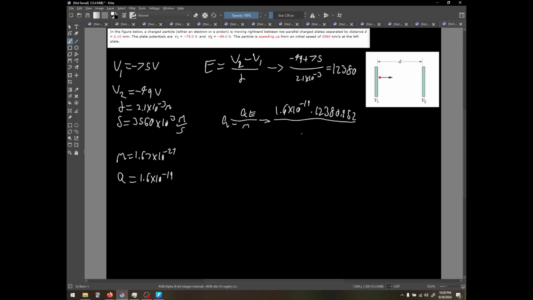And this whole thing is going to be over m, which we just found is 1.67 times 10 to the negative 27. So then a becomes